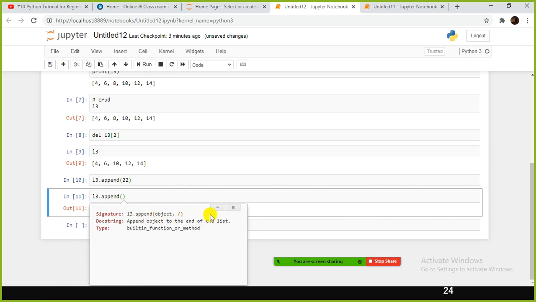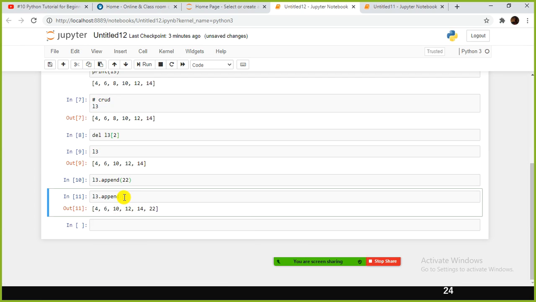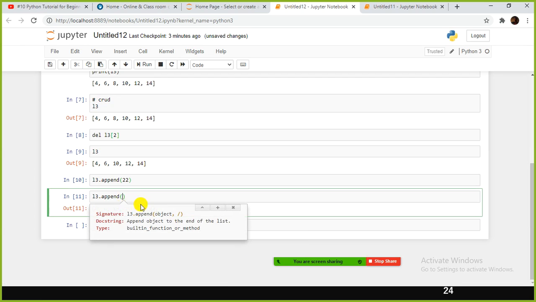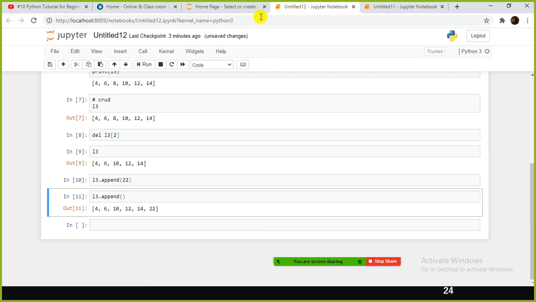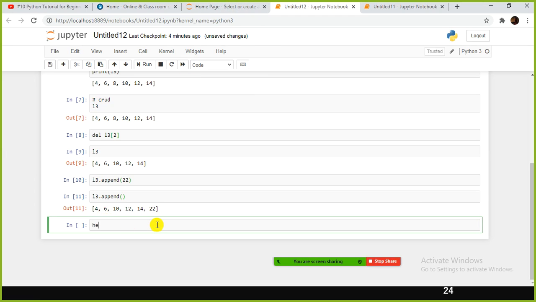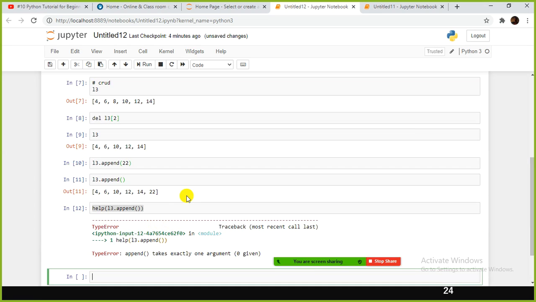Sometimes it is not very helpful, the append one. In some cases it is very helpful for syntax reference. Or else what you can do is help. You need to specify the list also; you cannot simply put append. Append takes exactly one argument.